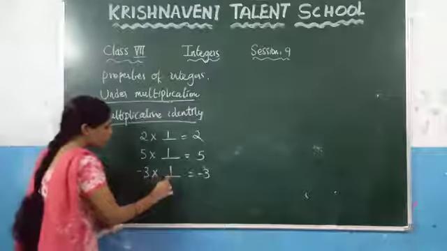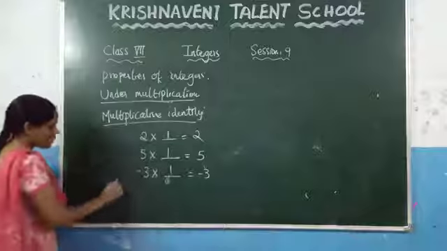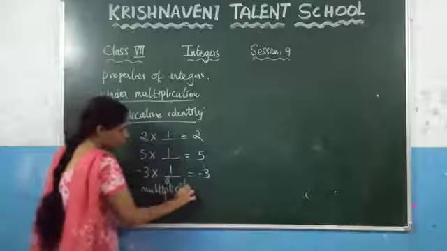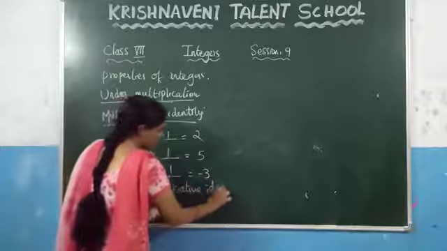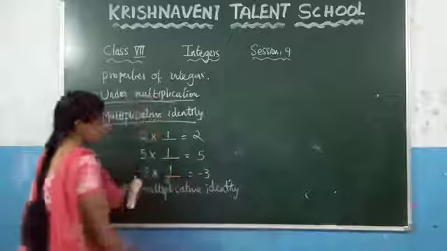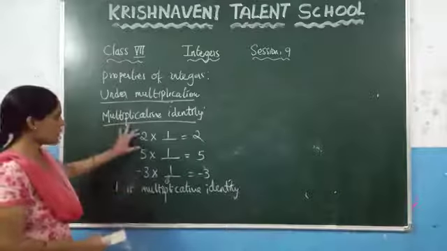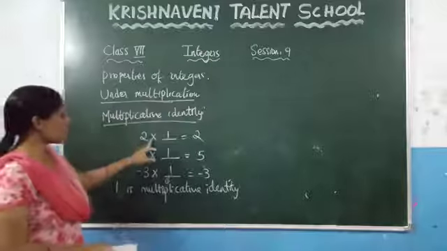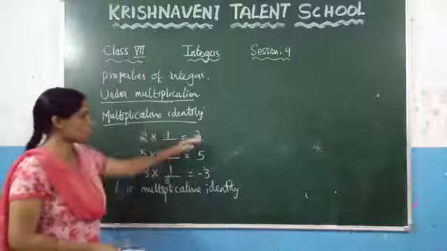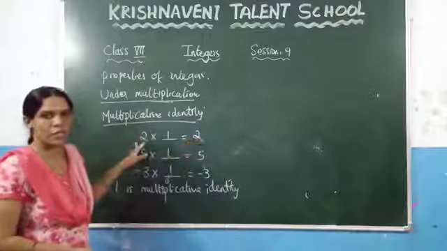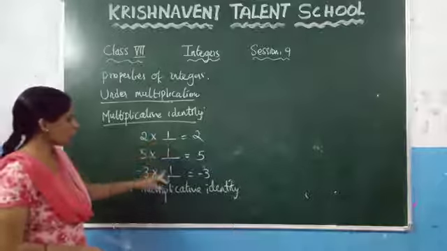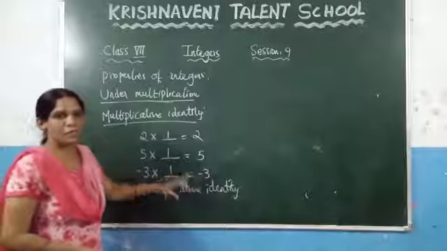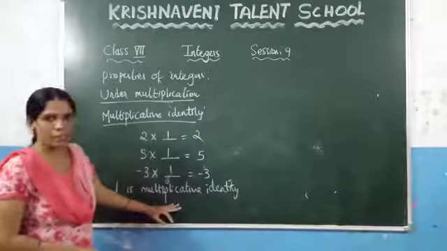This one we call a multiplicative identity. So write it here, 1 is multiplicative identity. That means, if you consider any integer, since we are talking about multiplication, you need to multiply one number such that you get the same number as the answer, which we considered before. So, which number do you need to multiply here? 1 is the number you need to multiply so that you will get the same answer. That one we call a multiplicative identity.